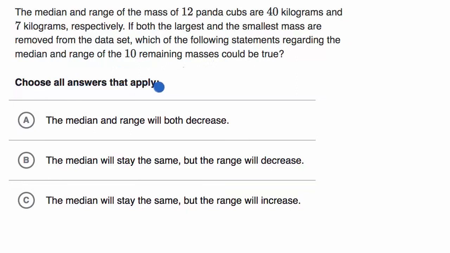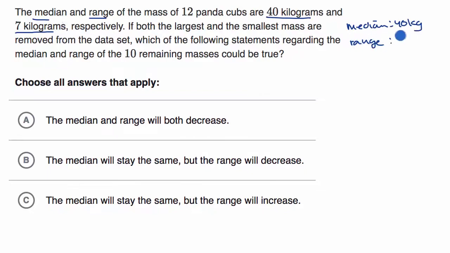So pause this video and see if you can have a go at this before we do it together. Okay, now let's do it together. So first, let's make sure we understand what they're saying. They're saying the median and range are 40 kilograms and 7 kilograms respectively. So that means whatever order they're saying median and range, that's the order of the data. So the median is 40 kilograms. And then the range